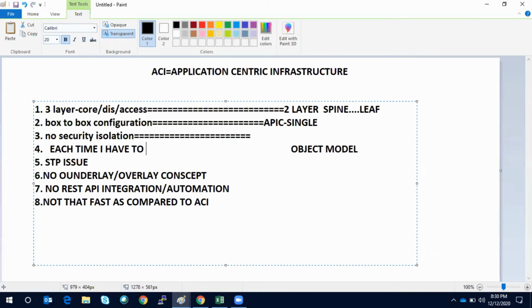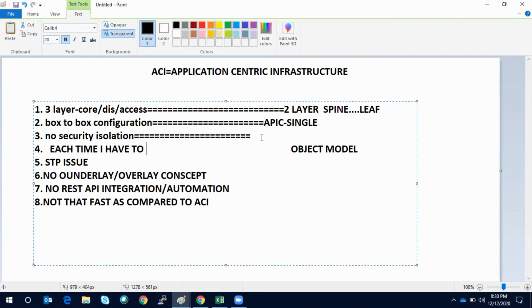The only flexibility you have here is the interface range command, but you cannot select two switches at a time. But in ACI, you can select a range of switches and a range of interfaces. So each time you have to create the policy, but ACI is an object model. You can create objects that are connected to each other, and they are reusable.